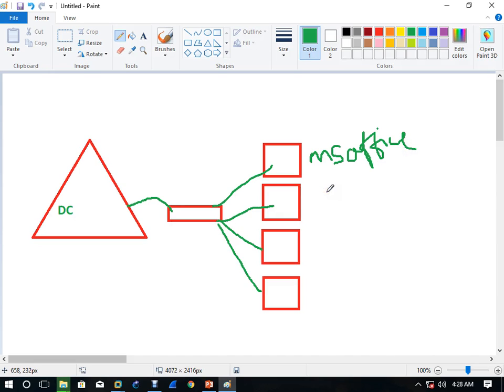There are also project management software and many other software. Maybe in your company if you have 100 users, then you have to buy MS Office from Microsoft with 100 user licenses, and you have to pay for that. But Microsoft Server has a beneficial feature: install MS Office here